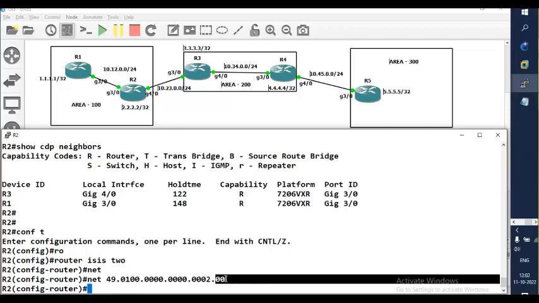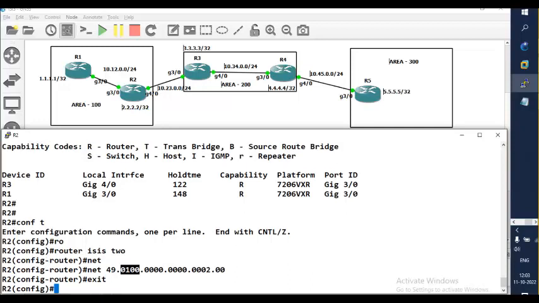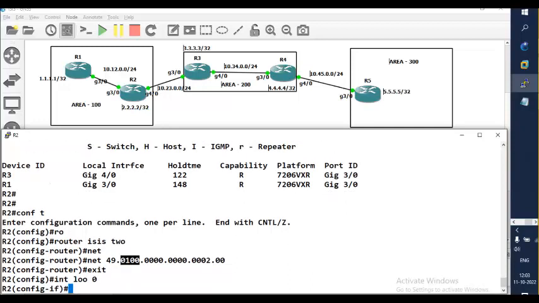This is 1 byte. 4 bit per digit, so 4 bit is half a byte. All right, now this is also 1 byte. Here we are using only 2 byte for the area. You can have up to 13 bytes. It is expandable. All right, next we go out from here and say interface loopback 0,